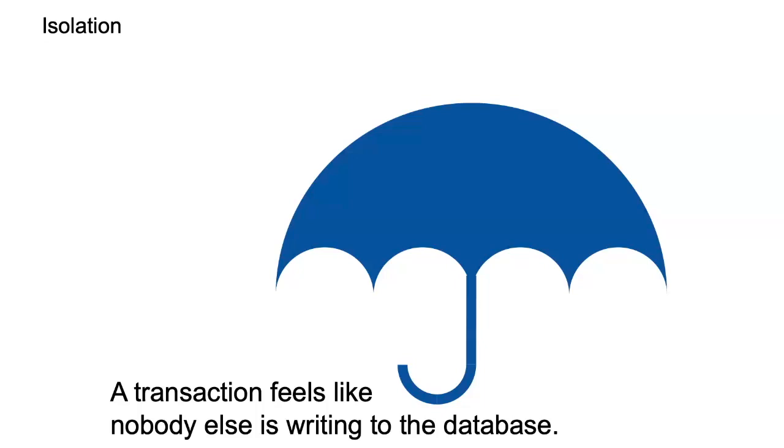When you log in to a booking system, like to book seats in a flight or in a train, it feels like you're alone, right? There's actually thousands of other people who are connected to the same website and also trying to book seats, but it feels like you're the only one on earth on the website. If that feels like it, then this is because of the isolation guarantee of the database.